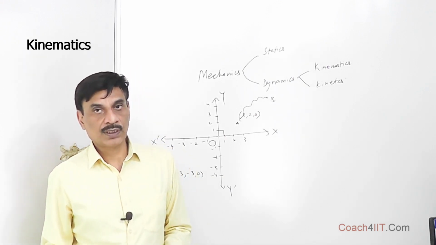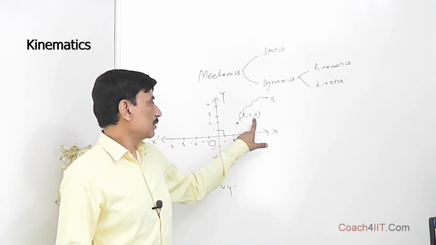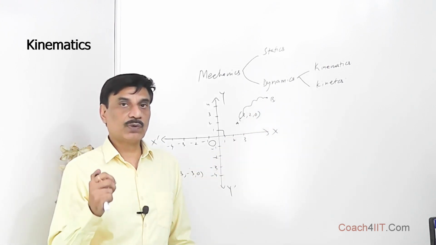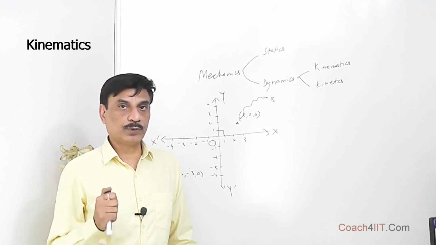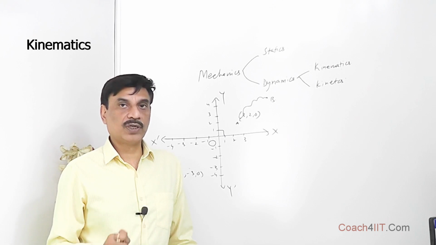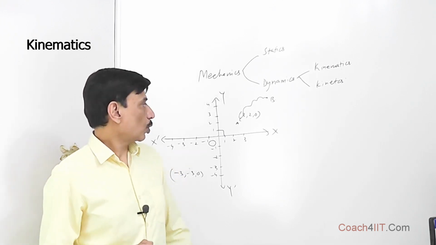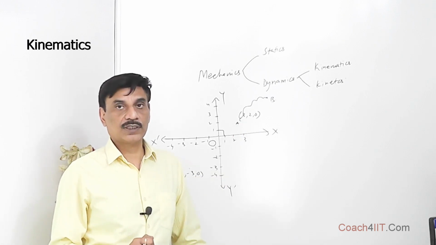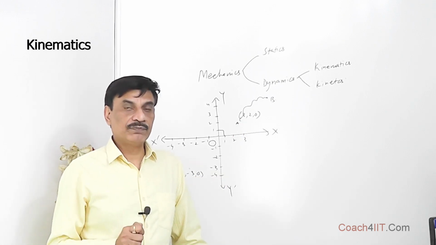We define motion like this: we require these three coordinates, x, y and z, to define the position of any object or any body. Over here we are taking all the bodies as point mass bodies. So if any of the coordinates of this particle or this body changes with time,